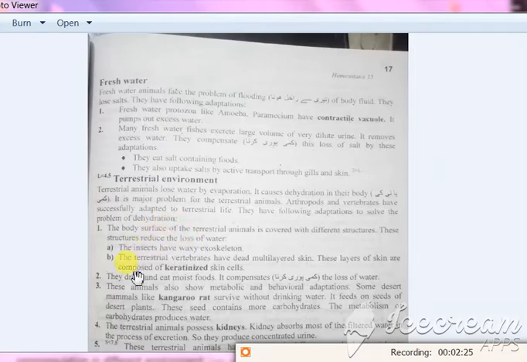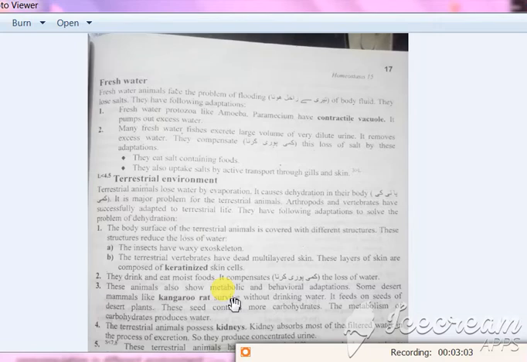So both these two adaptations, keratinized skin and waxy exoskeleton, help them to live in terrestrial environment. The next adaptation is how they compensate for the loss of water by evaporation, how they can adapt themselves. They can drink, eat moist food, or they eat those foods which are rich source of water. Next, third one is that these animals show metabolic processes and behavior. They also have some metabolic and behavioral adaptations like kangaroo and